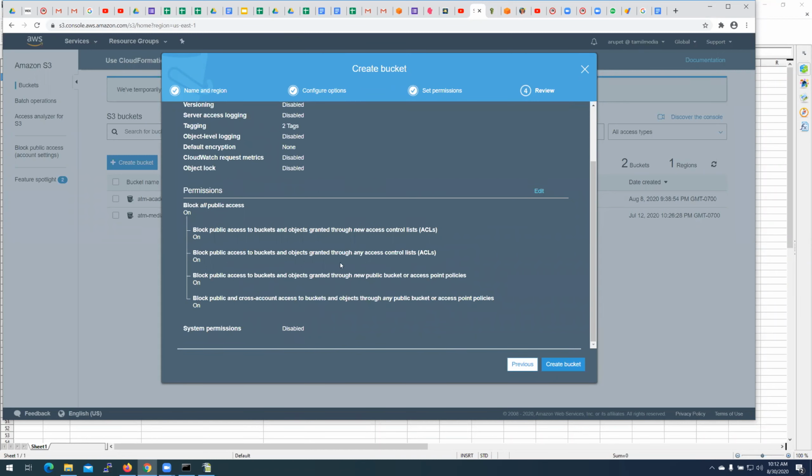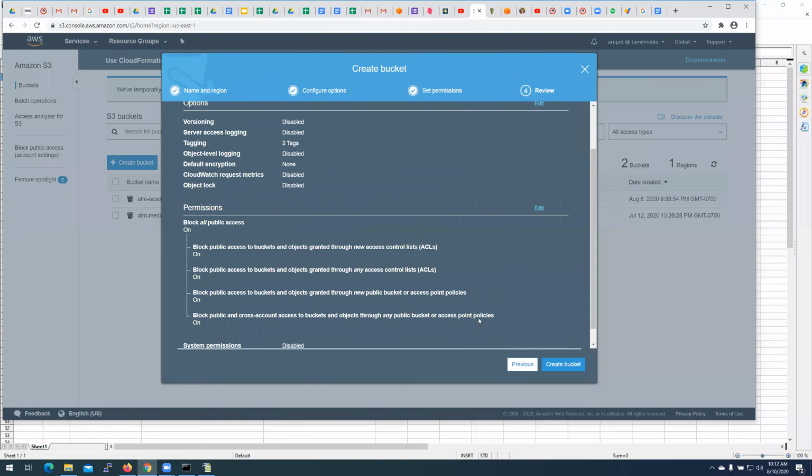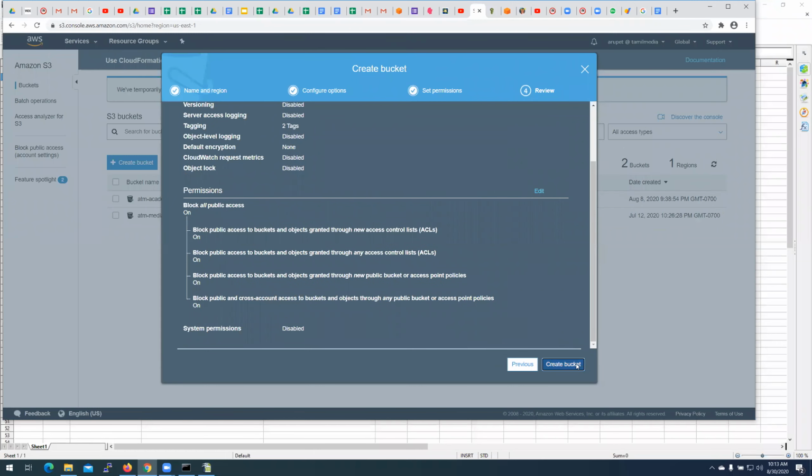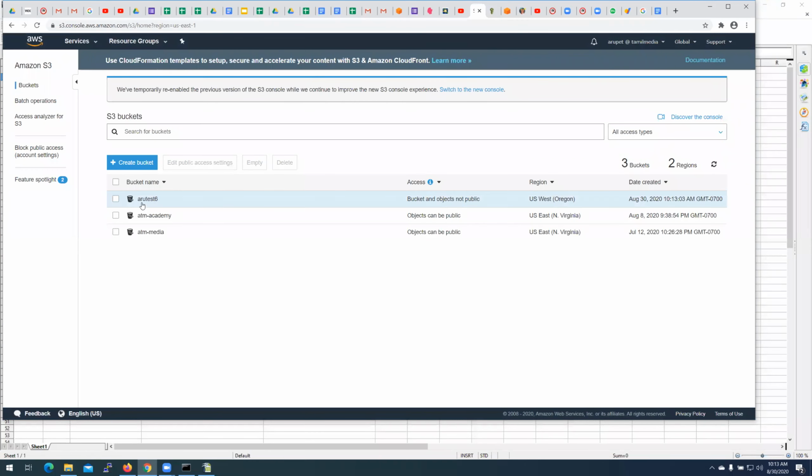And this is permission. Okay, so we saw the permission already, the block and unblock. Next, you are just reviewing what you have configured and then create the bucket. Okay, so now this bucket is available. If you click on this bucket,